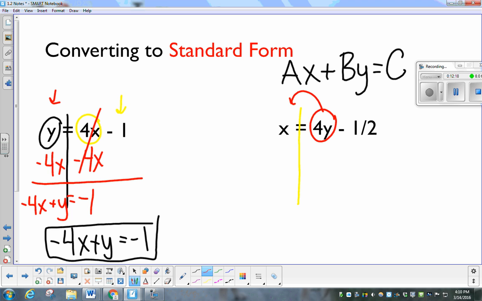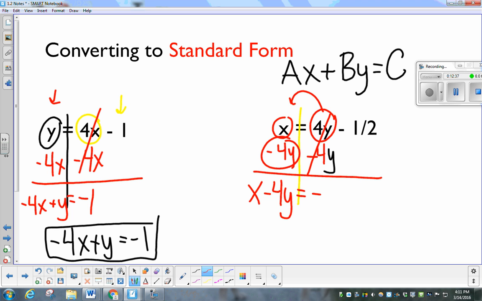Remember, to move this whole term, 4y, you have to add or subtract. If I added it, it would be 8y over here. So I'm going to subtract 4y from each side. Those will go away because 4y minus 4y is 0. Over here, I'm left with x minus 4y